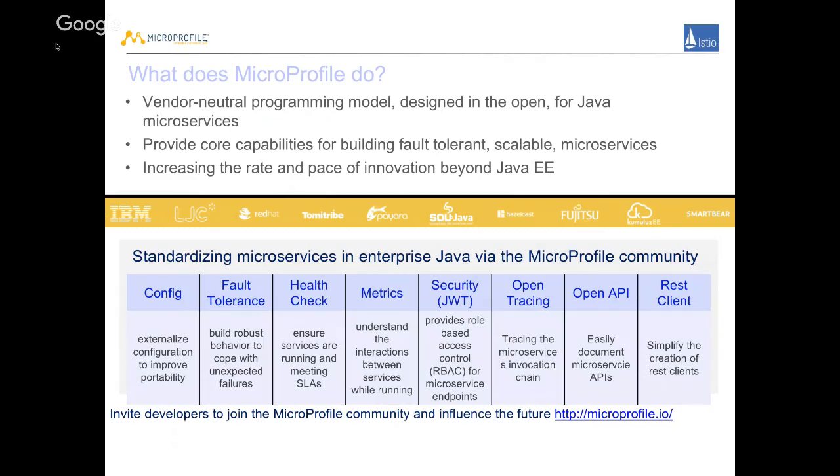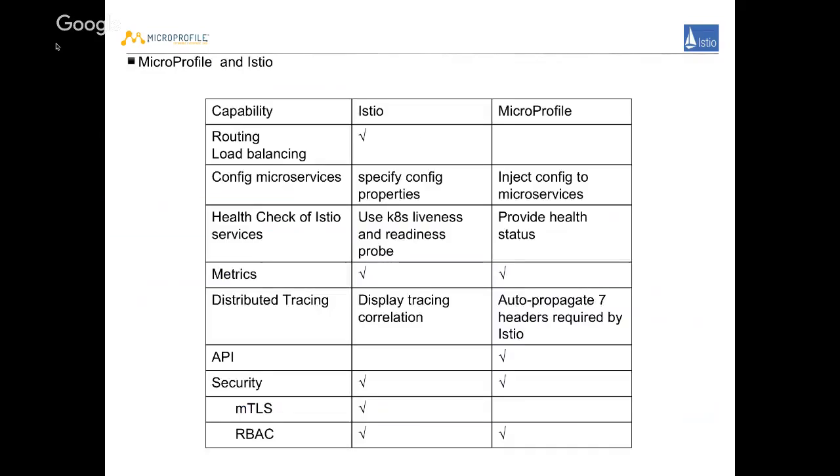Obviously, service mesh is to manage microservices, and MicroProfile is to develop microservices. So this session is where we want to look into how these two can work together. Does MicroProfile work well in Istio? Does a microservice written using MicroProfile work well in the Istio infrastructure? So in the next few slides, we will take a detailed look at that.